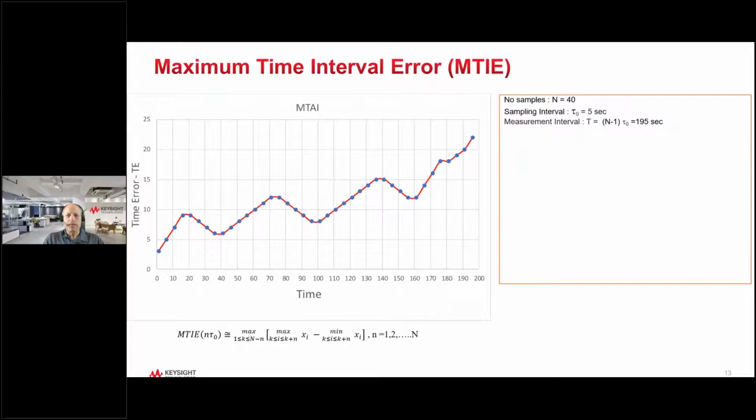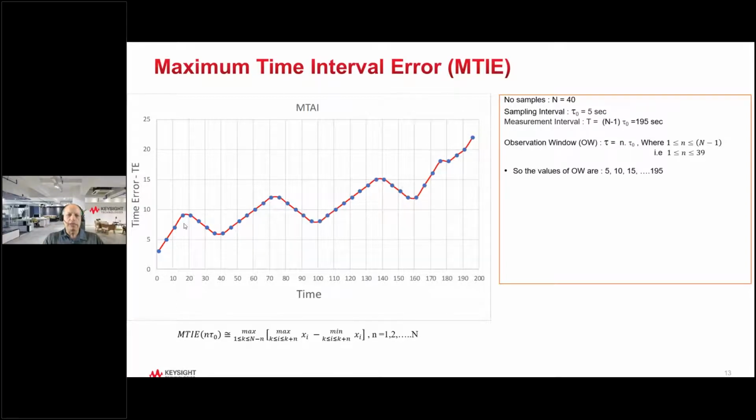And the idea here is that you start with an observation window, and you start with the smallest observation window you can have, and you keep on going, and you go across all your samples. Then you go to the next highest. So in our case, we have a sampling interval of 5 seconds. We can start with an observation window of 5 seconds. Then we'll move that window across the entire set of time and measure the error.